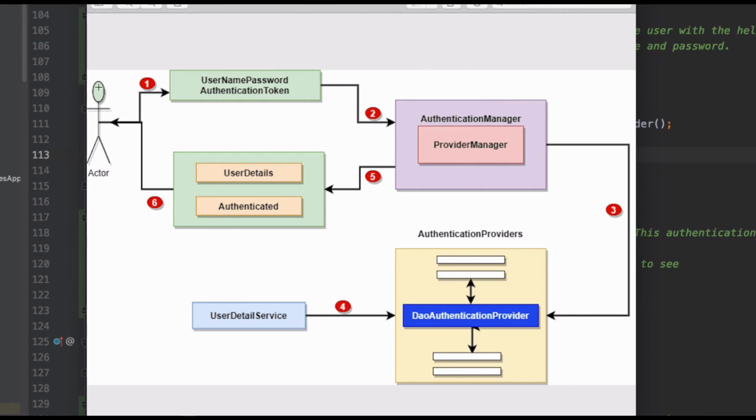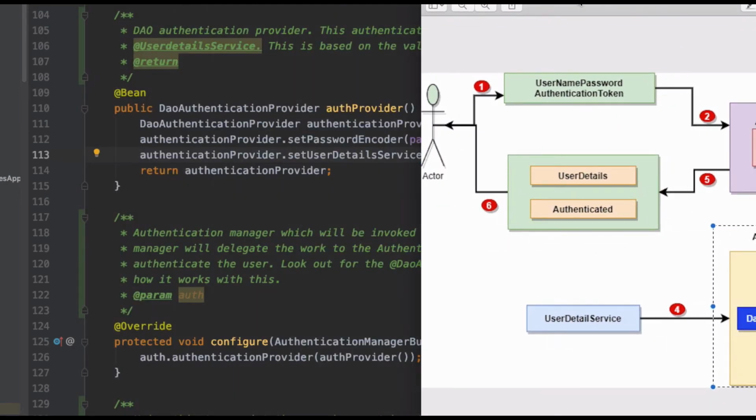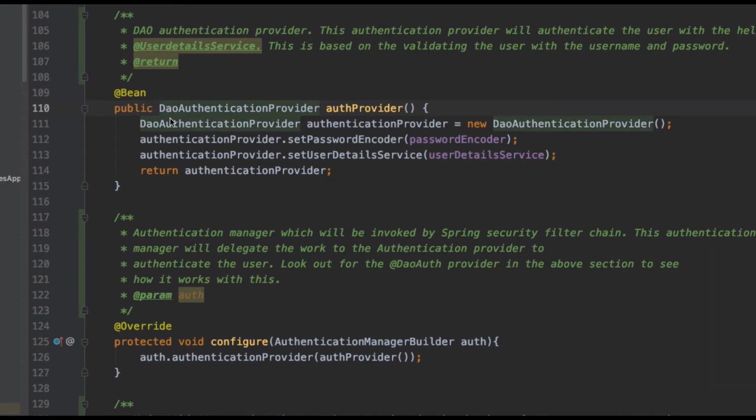So now what happens is you fill in your username and password and hand it over to Spring Security. Spring Security will get into the picture. It creates that username and authentication token, and then ultimately the control goes to the provider manager, or authentication manager. This authentication manager has information about the different authentication providers available for your application and which one should be used for this particular case. In this case, if you remember from our configuration, we are telling it to use a DAO authentication provider, right?